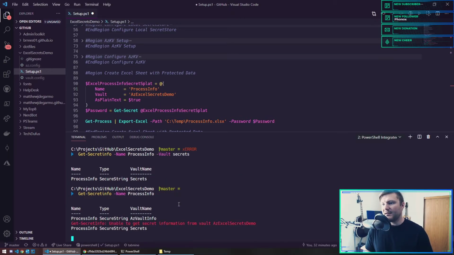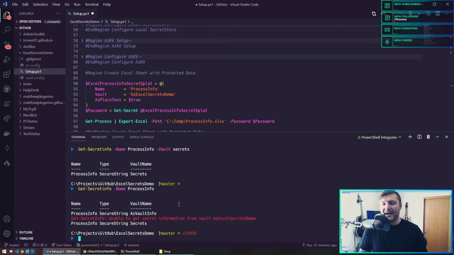Just get info, and I think you can throw metadata at these, like descriptions and custom fields. So this is where you would get that info. It's kind of like making a tag or something in Azure. You can create a custom application or something, and then you could grab all your passwords where the application equals Excel, for example, or type equals API, or whatever. You can make those